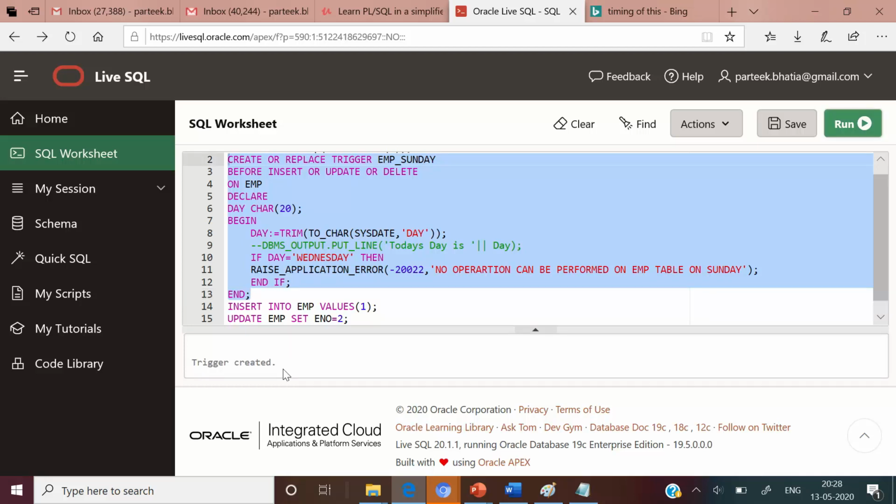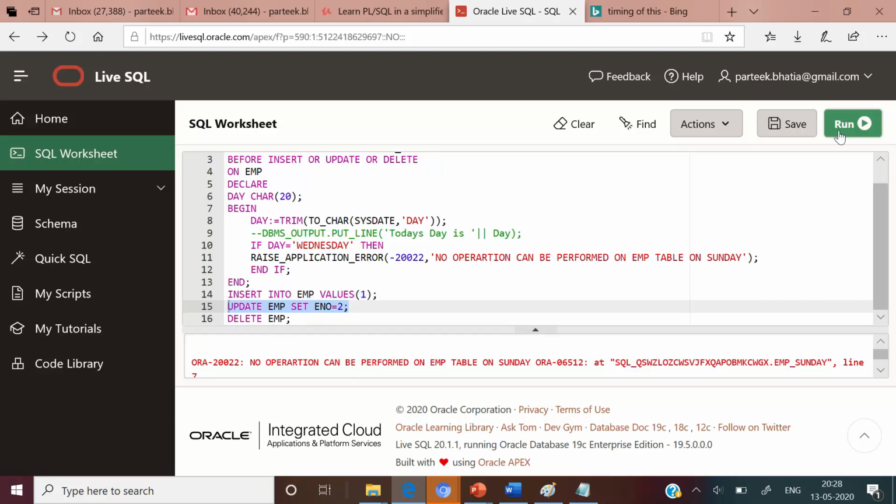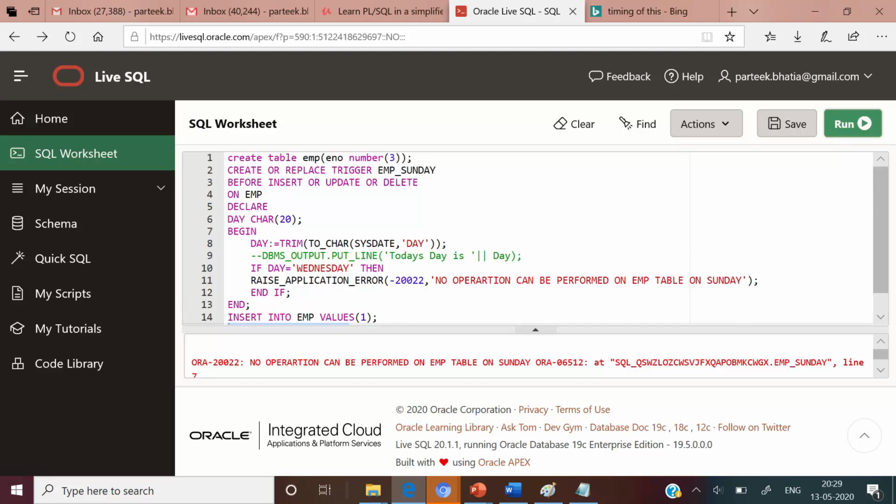If you change this day with today's day and update your trigger, then the execution of insert, update and delete statements will not happen. As I have updated the trigger condition to if day equal to Wednesday, since today is Wednesday, this insert operation has now been stopped. Same way, the update and delete operations are not allowed on the employee table. We have achieved our objective. This is all about the demonstration of